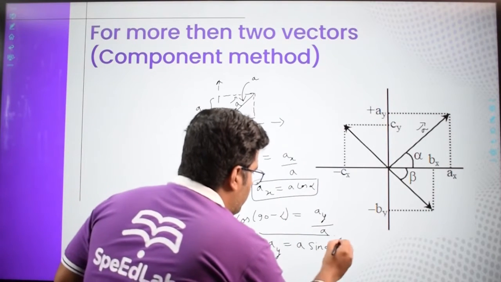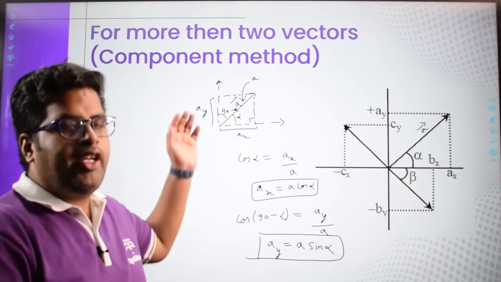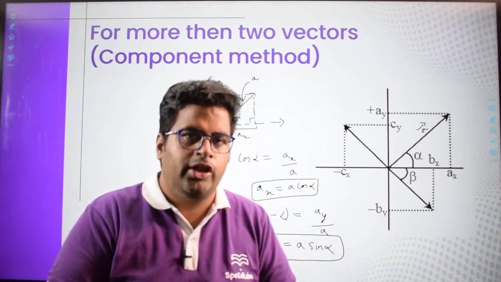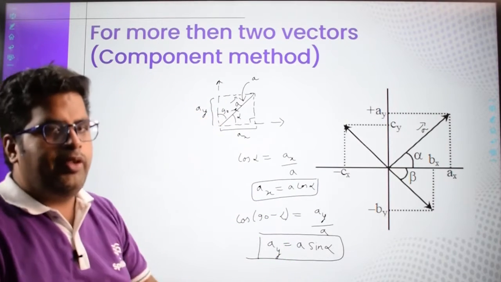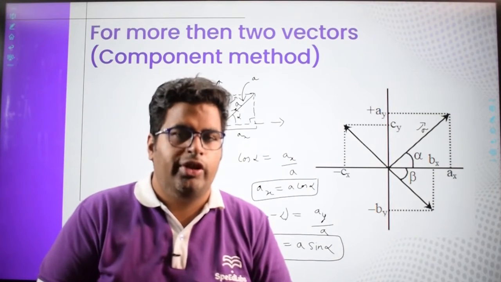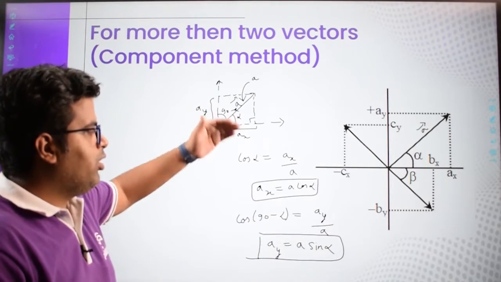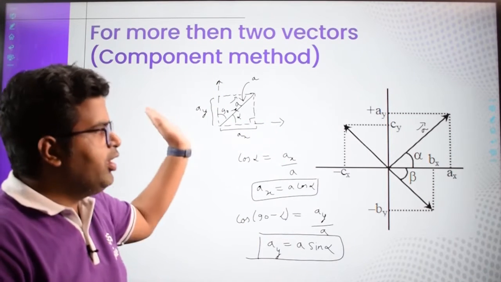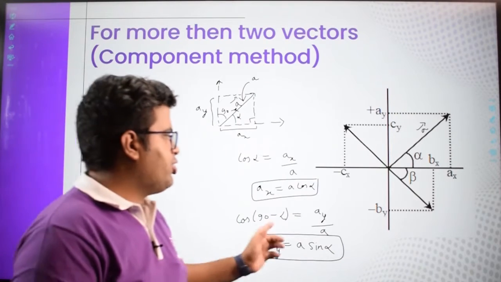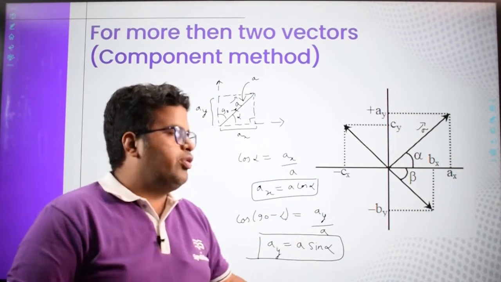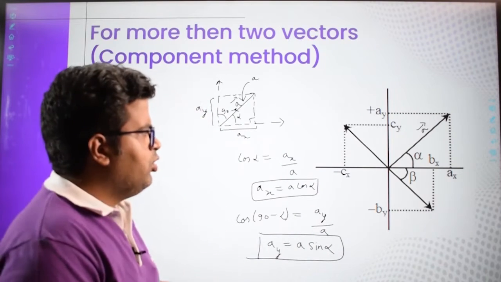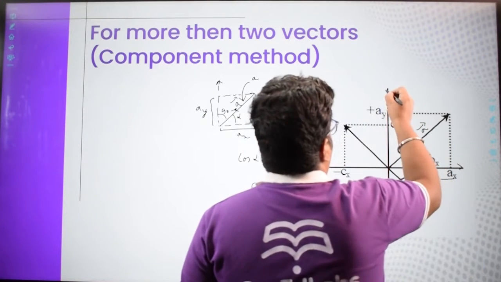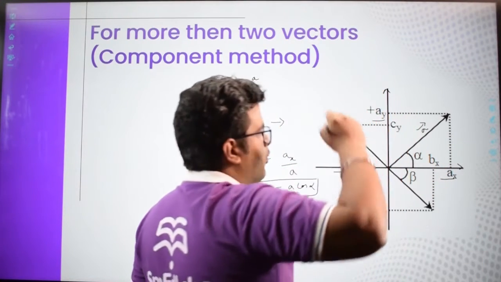So do remember, if we have a vector which is making an angle alpha with the x-axis, then the component along the side with the angle alpha will be the cos component, and the one without alpha will be a sin component. So the thing to remember is that we resolve the vector, taking its components along the x-axis and along the y-axis. So here Ax is A cos alpha, and Ay is A sin alpha. In the diagram, we have written Ax along the x-axis, and Ay along the y-axis.